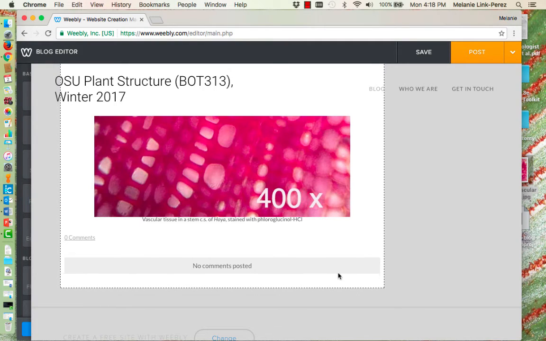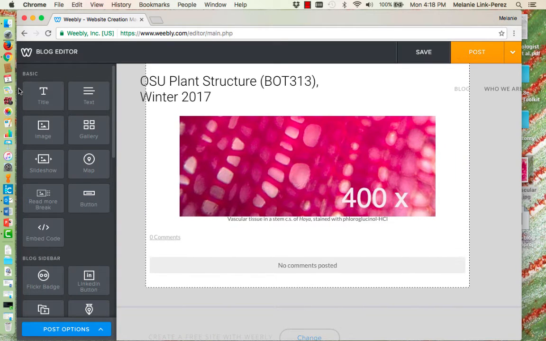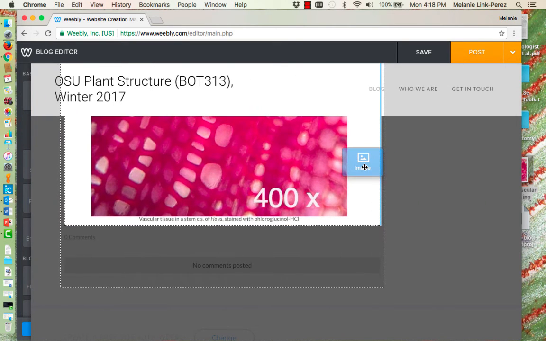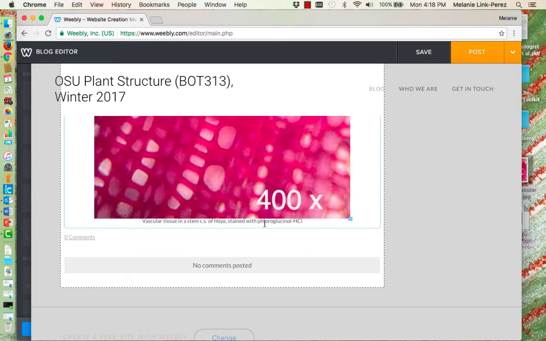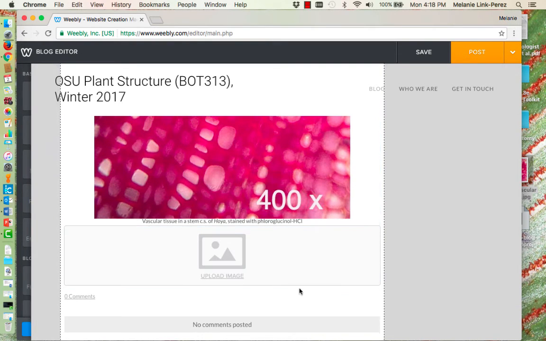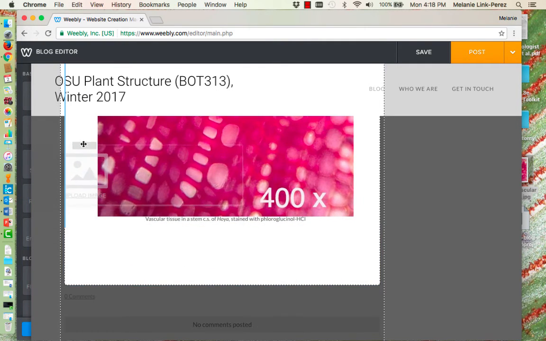Notice that below your blog there is a place to add comments, and we're going to have these comments turned on so that other classmates or general public that comes across your blog site will be able to give you some comments or ask questions if they'd like. Now, you'll want to add other items to your blog, like additional images or other text. And to do that, you will just go to the build section to the side and drag the elements where